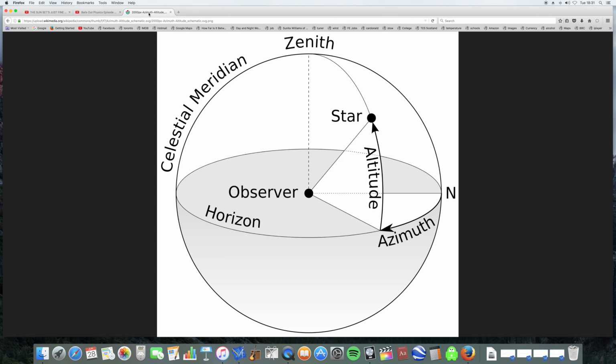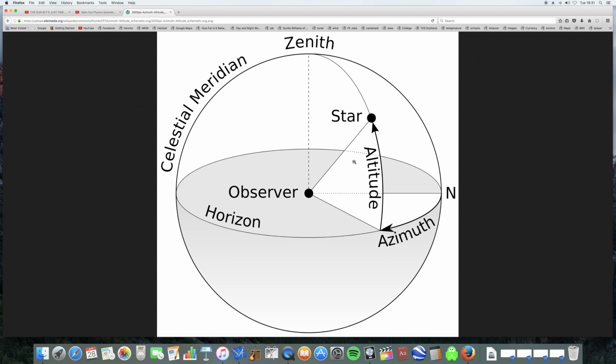Now, we're going to assume that light travels in straight lines for this argument. It mostly travels in straight lines in reality. It doesn't always, due to refraction, but mostly it does. So I think we can safely make the assumption that light just travels in straight lines. The fact that there's sometimes refraction doesn't affect the argument.